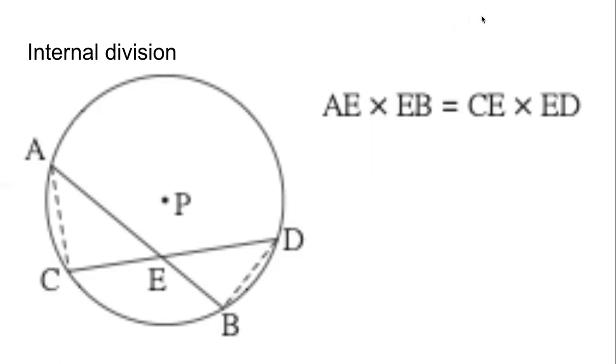Same is the situation here. They can intersect inside or they can intersect outside. So what happens when they intersect inside and what happens when they intersect outside? And we will realize the same thing happens. We will also try to understand why that happens. But before that, let us understand what it is that happens.